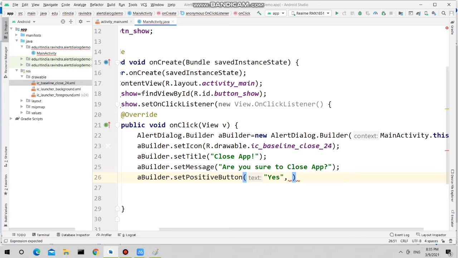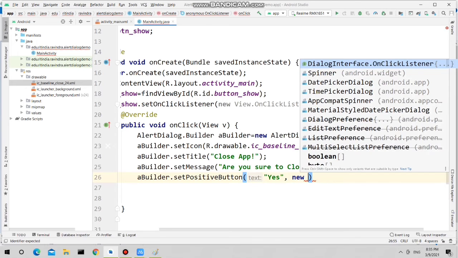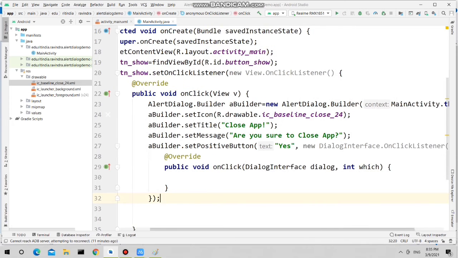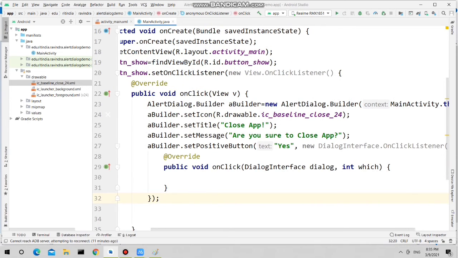So you need to set the listener for that. So new, and I'm pressing control space bar. So on click listener is there. As event handling is required for this positive button, you need to add the event handling code. So whenever user clicks on that Yes positive button, then on click method will be called.